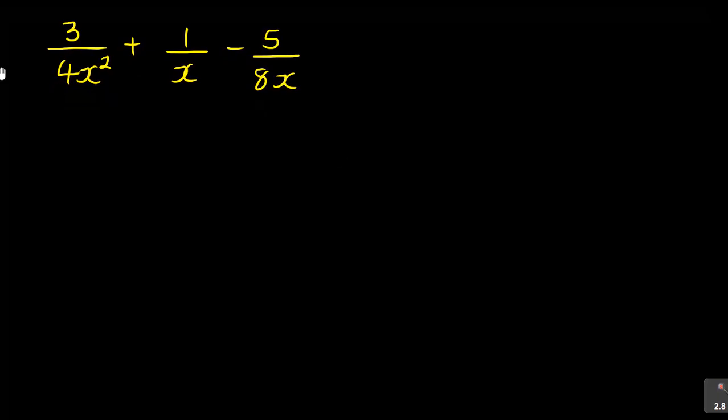So first things first is the common denominator here. Let's start with the numbers between 4 and 8. Which number can go into 4, and which number can 4 and 8 go into? In other words, you're looking for the lowest common denominator between 4 and 8, or the lowest common multiple of 4 and 8. Which number can you get that 4 and 8 can go into? It is 8. So we start with the number which is 8 in this case.